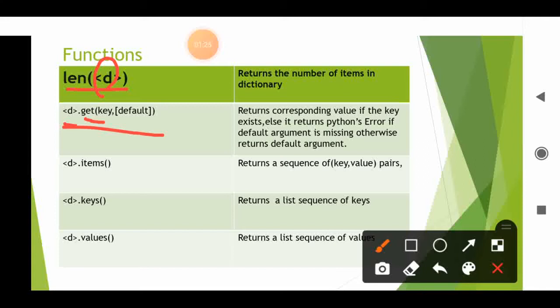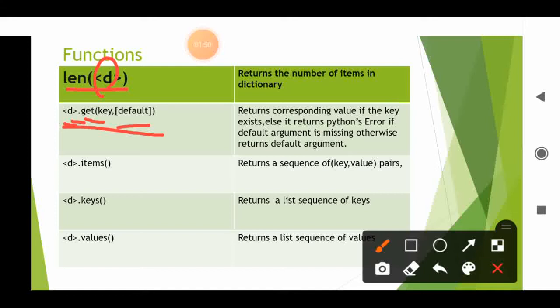It returns the corresponding value if the key exists. If the key already exists in this dictionary, it will return the key's value, or else it will display a Python error. If the default value is given, it will return the default argument, or else it will display the error message.